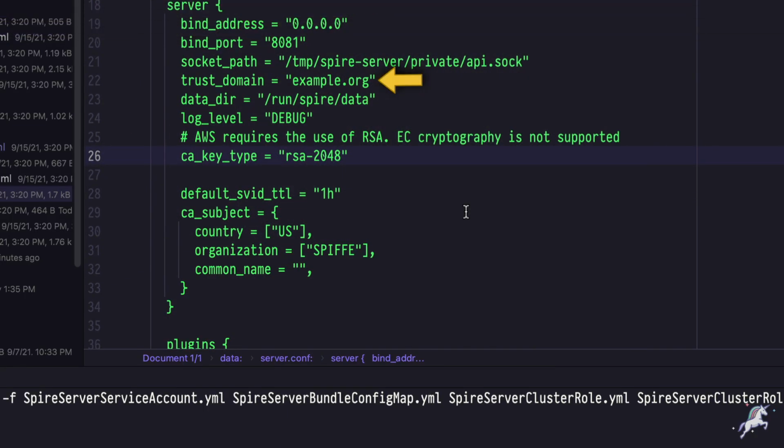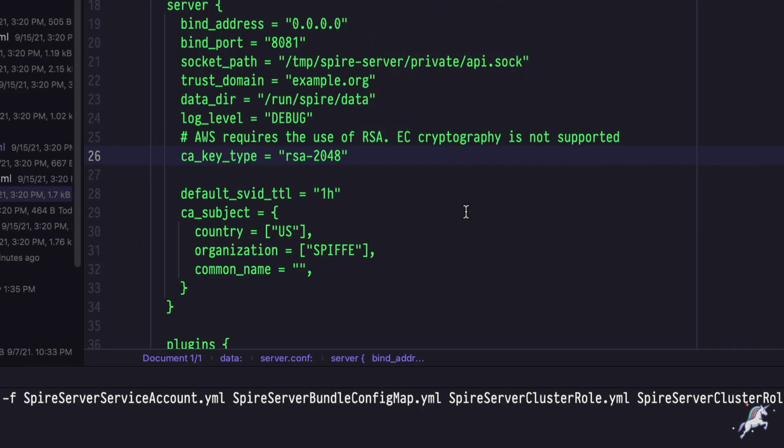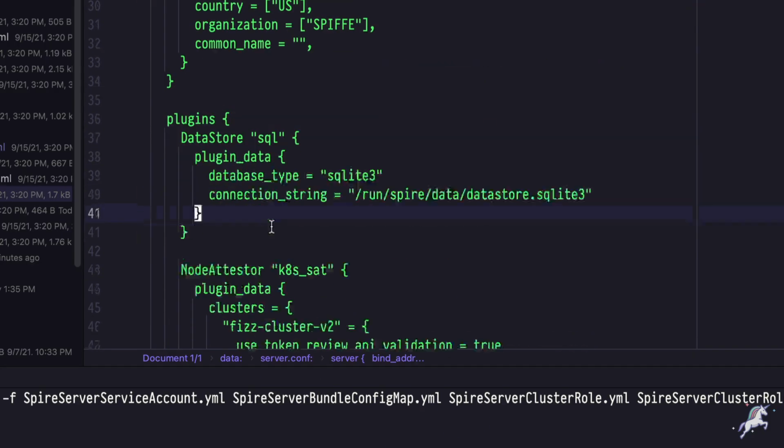Firstly, we are using example.org as our trust domain. And since I'm using FizzBuzz Pro as part of my SPIFFE IDs in other parts of the installation that you'll see, this kind of discrepancy will cause us some trouble down the line. But I just wanted to keep it as it is to demonstrate how an unsuccessful agent setup might look and how you can troubleshoot and fix it, because these kinds of distributed deployments don't always go like ponies and rainbows. There will always be some curveballs,